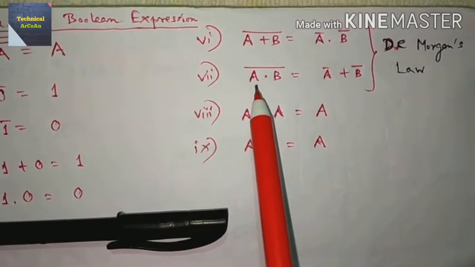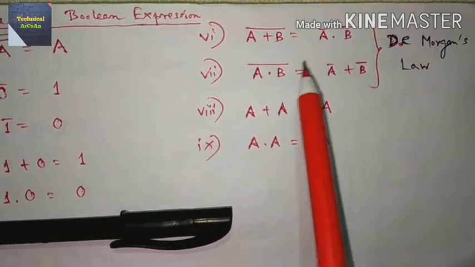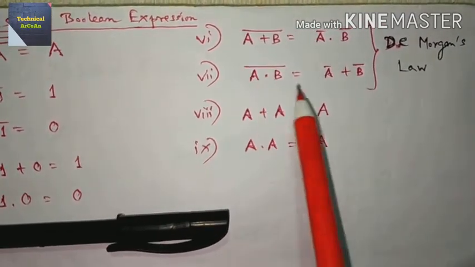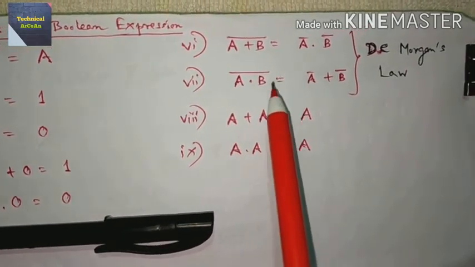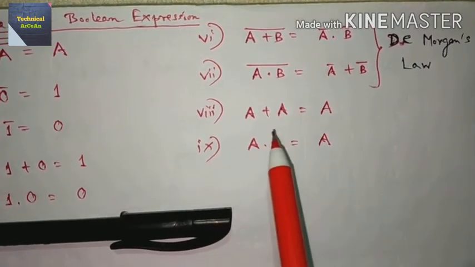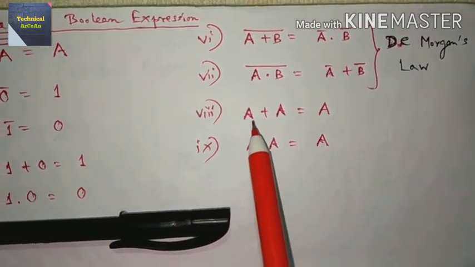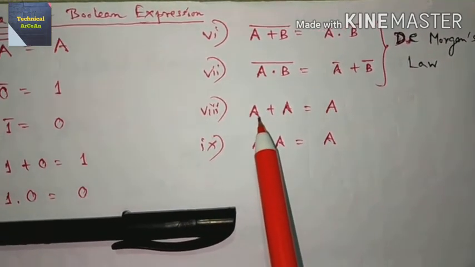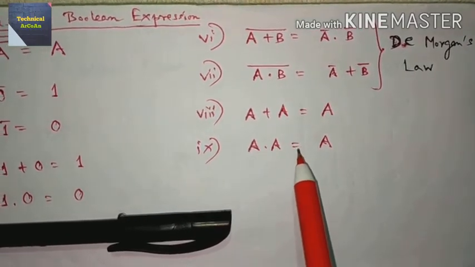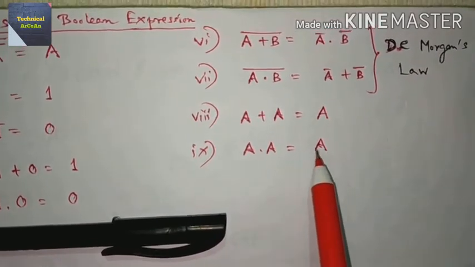Similarly, we can write A dot B whole complement as A complement, dot goes plus, and B is normal, so B complement. Okay. So these two theorems are most important for logic gate expressions. Now two more laws or expression rules should be remembered. A plus A equals A, meaning A may be 0 or 1, whatever the value, A plus A should be A, and A dot A also is A, meaning whatever the value of A, the output should be A.